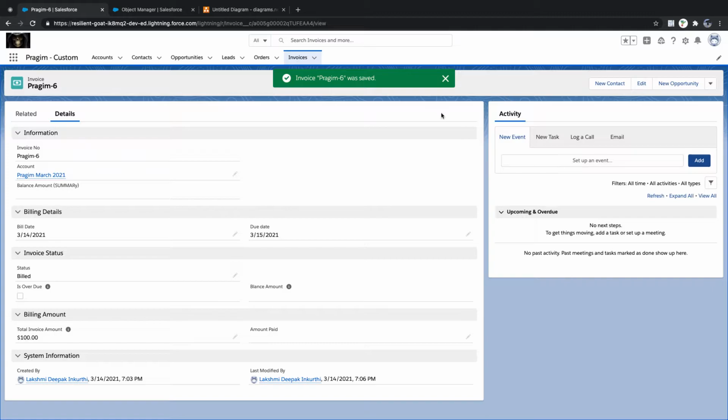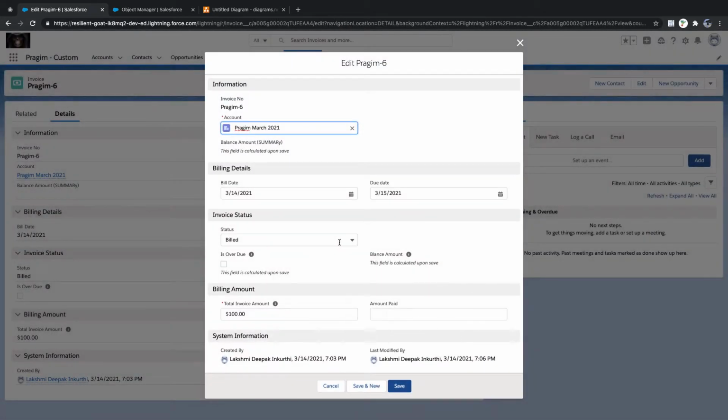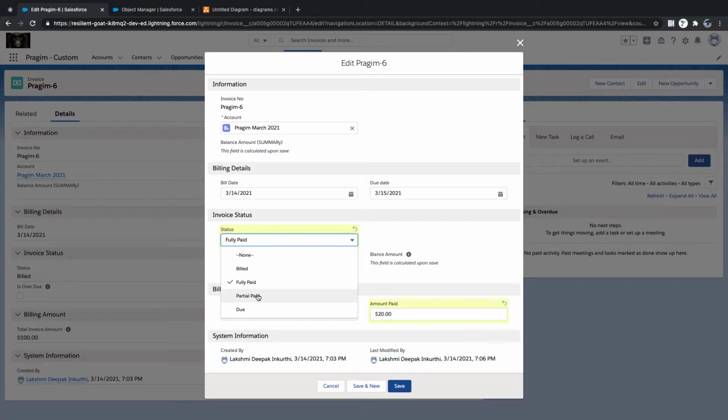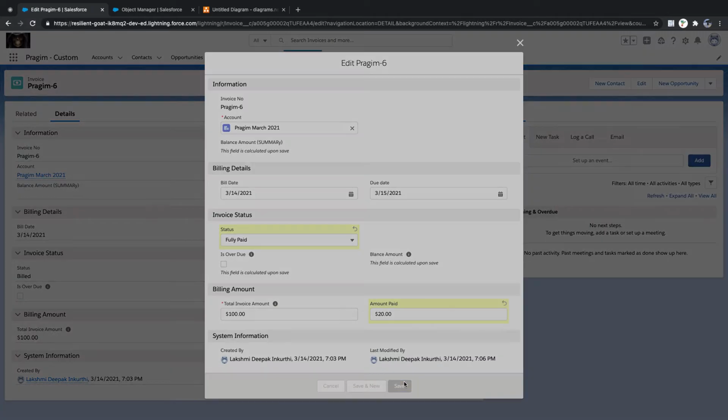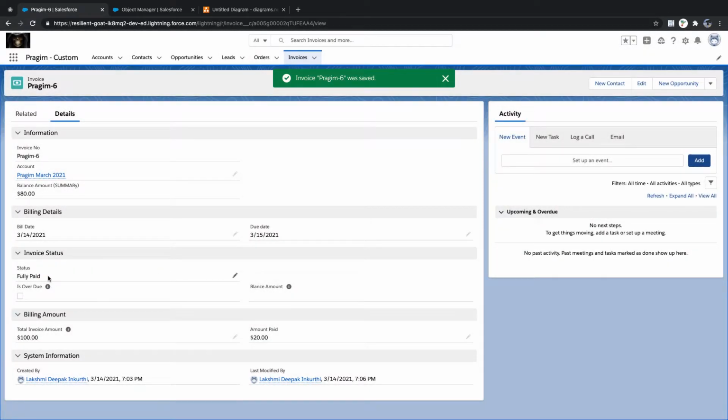The other thing is that whenever I'm creating a new record, if there is any balance amount left, I should not say fully paid. You understood? If a balance amount is left over, let's say out of 100 I paid $20, then what is remaining is 80, right? So it's partially paid, not fully paid, isn't it? So I cannot say fully paid, but in this case it accepts even fully paid, right? It is accepting, isn't it?